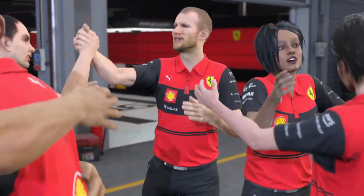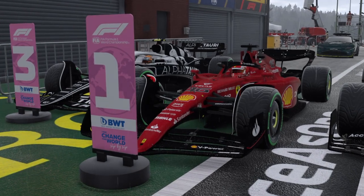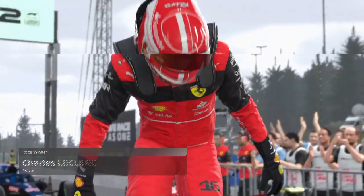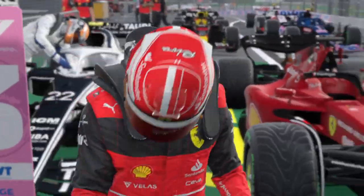Doubted whether they could pull off the win here at Spa-Francorchamps, but they've done so in spectacular style. So, Anthony, what made the difference out there today? Well, they clearly have a car that comes alive in the kind of conditions we were dealing with today. It's a very balanced package in the wet, and what that means is that the